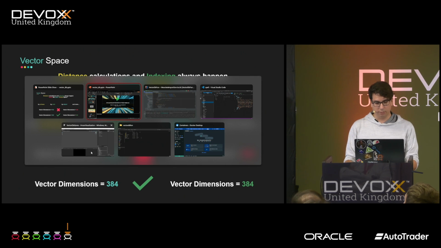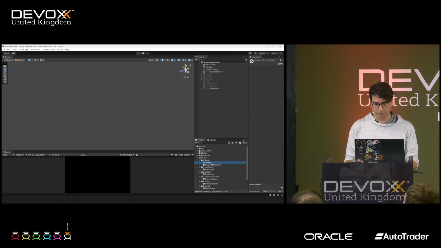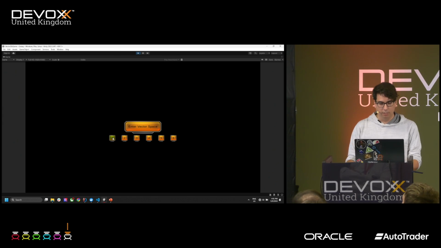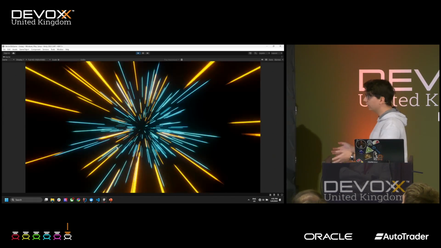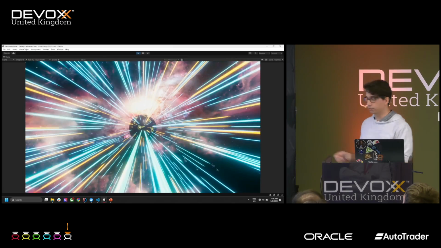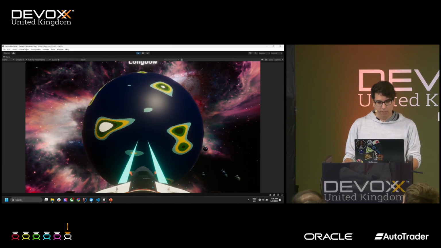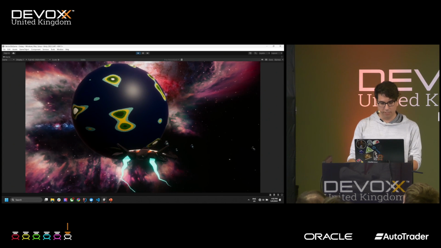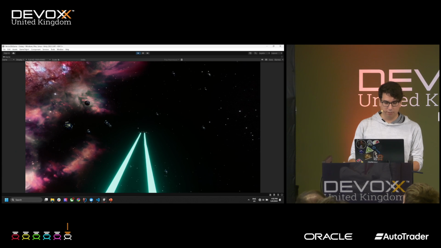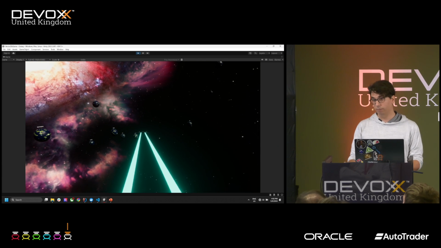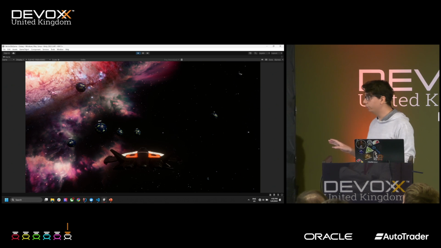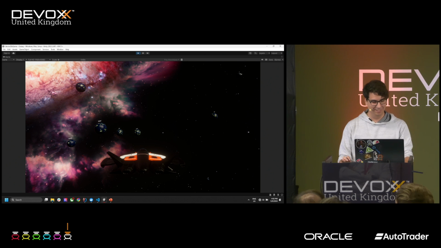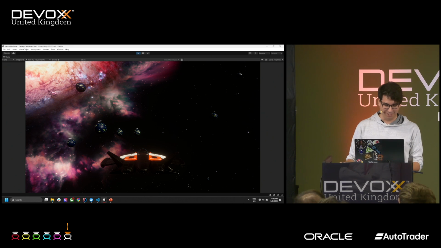Now, when I hear something like vector space, and being a gamer, I figured, okay, I can probably do this. So I try to represent the data in one of my vector spaces as, well, space. This is one vector point, one data point. It is, well, Longbow, and it's a planet. And if you fly around, you'll see more and more data points in this vector space. Now, I will be the first to say this is not necessarily the most user-friendly way to look at your data, but it's the most fun way to look at your data.